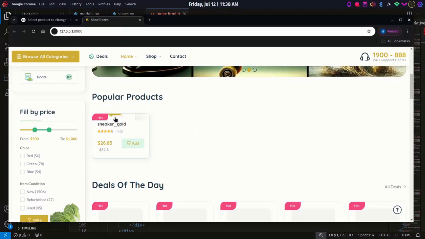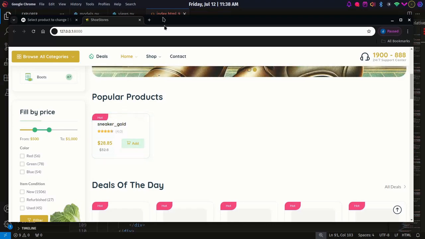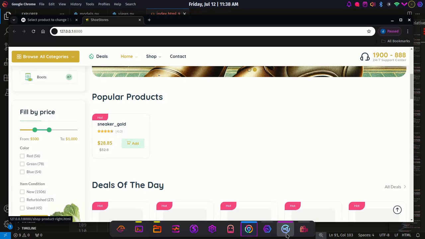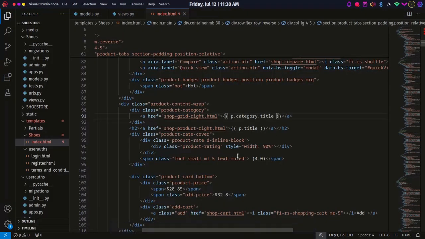Yeah, we get the title. I don't see the category. I solved that. Then let's replace the other images. Let's replace the images. To do that, also the price, 28.85 is the new price, and I think this is the old price. So here, what I'm gonna say is